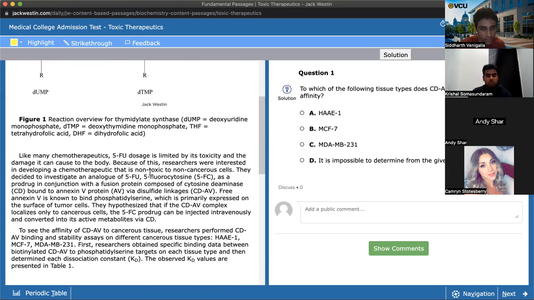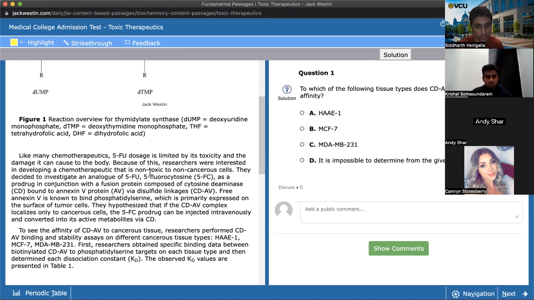Because of this, researchers were interested in developing a chemotherapeutic that is non-toxic to non-cancerous cells. They decided to investigate an analog of 5-FU, 5-fluorocytosine, as a prodrug in conjunction with a fusion protein composed of cytosine deaminase, CD, bound to annexin V protein